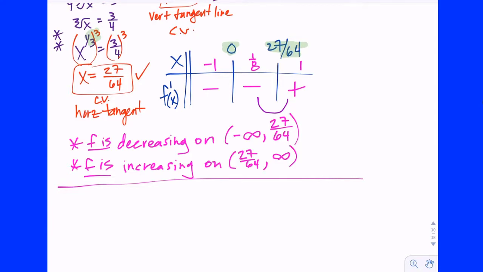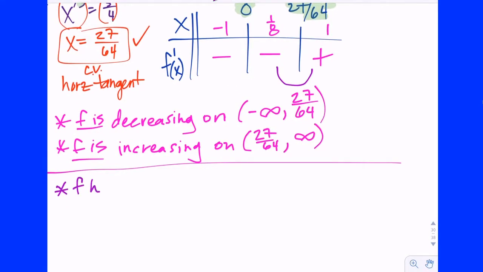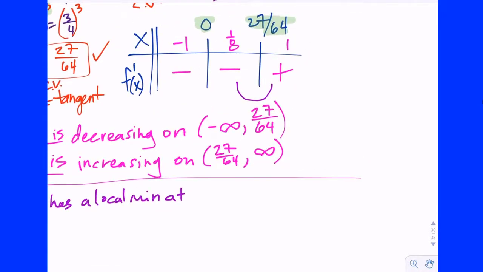A local min. Some people had a beautiful sentence, but there's still some people who are not writing it this way. And if you're not writing this way, you're probably going to lose points. So if you're content with that, keep up that work. Okay? If not, adopt this script. F has a local minimum, and I'm not going to ask you for the y value. We're just going to say at, okay, not of. At, and then the x value. Well, that's at x equals